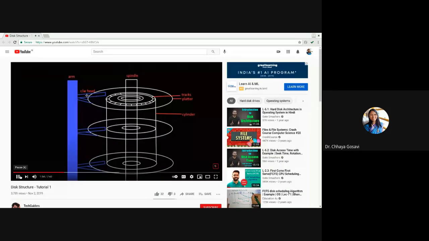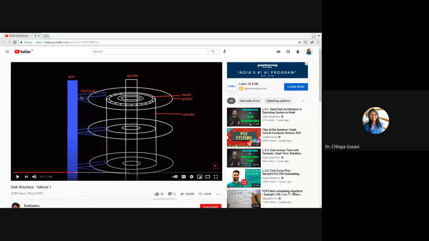We saw that by moving the head towards the spindle and away from the spindle, the head can reach each and every track associated with it on its surface. Now usually in a hard disk, after approaching the correct track, the head stays at its position and then the platter rotates about its spindle.